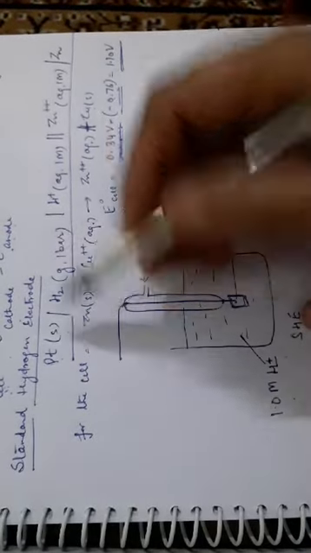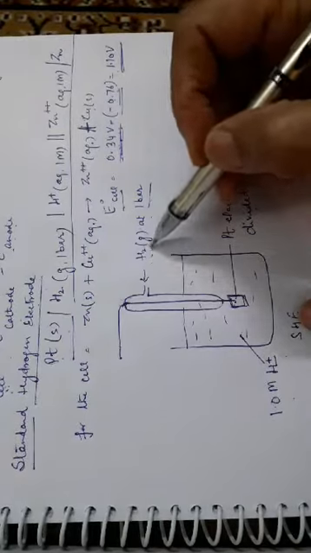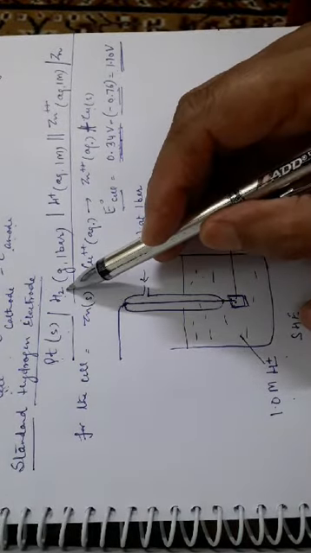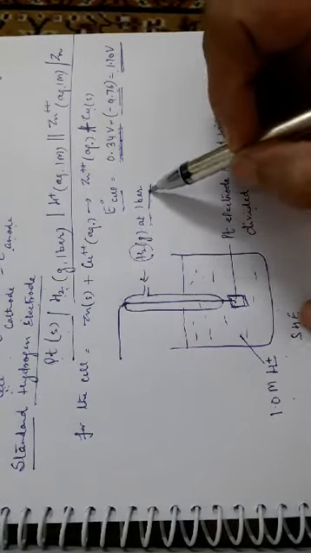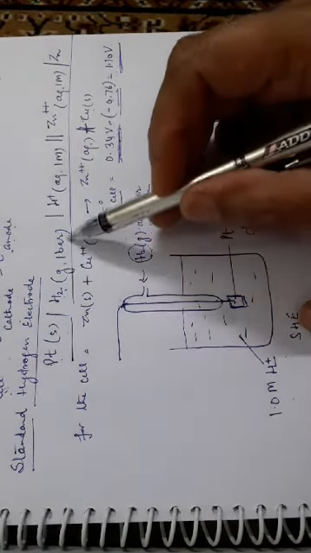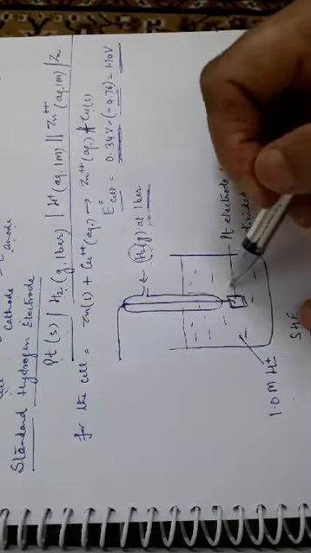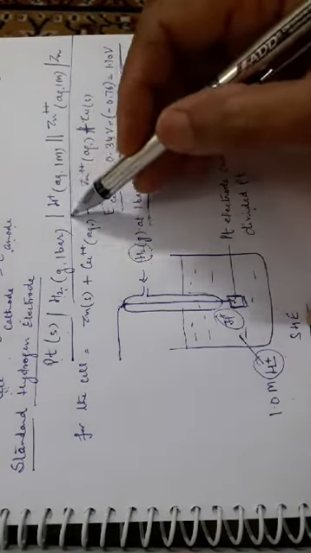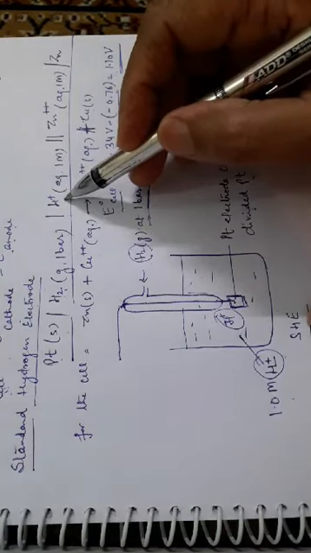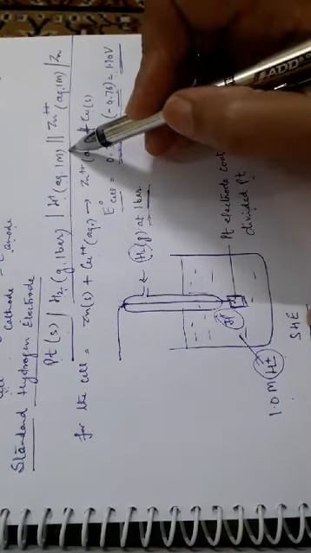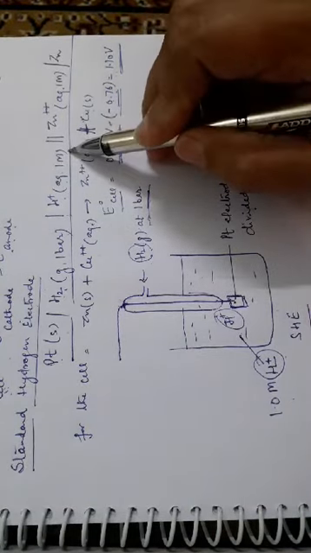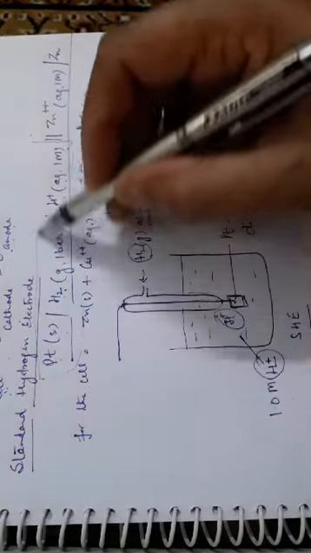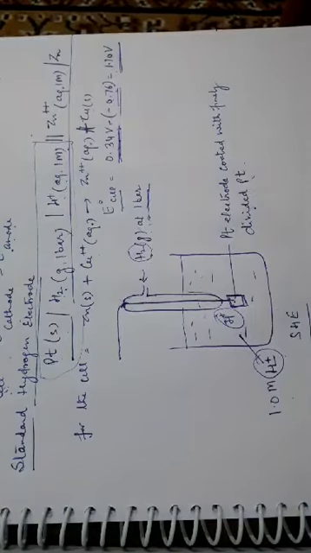How do we represent this standard hydrogen electrode? Platinum solid. This platinum solid, it is in contact with what? It is in contact with the hydrogen gas. At what pressure it is being bubbled? At 1 bar pressure. We have written here 1 bar. Then what is it in contact with? It is in contact with the H+ ions. It is in contact with the electrolyte H+ ions. Aqueous, 1m is the concentration of hydrogen ions. Now this part is the representation of the standard hydrogen electrode.